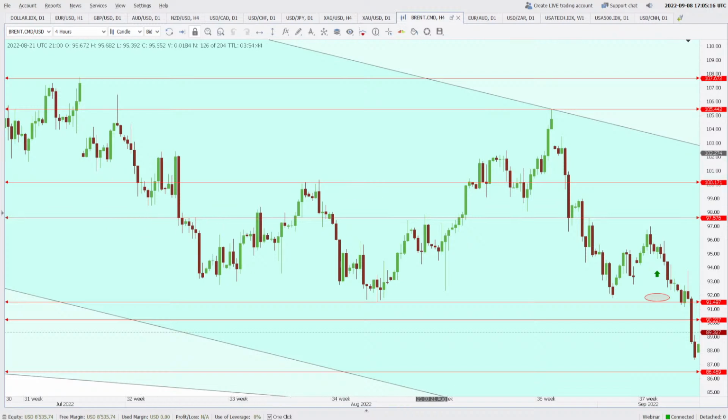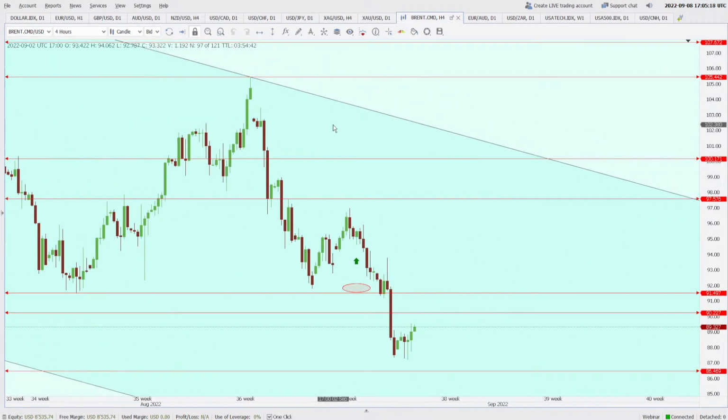So what I'm saying here is that the possibility is, okay, I will also draw a line so that there's more reason for us to open short positions. You see this falling trend line. Don't you think that somebody is watching this trend line and opening his sell positions at the test of this trend line? Well, I think so.